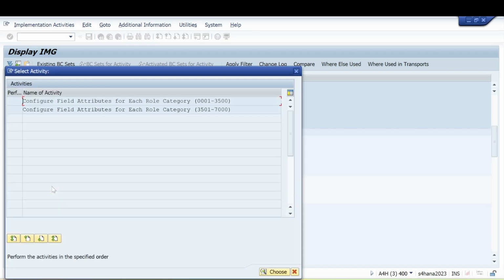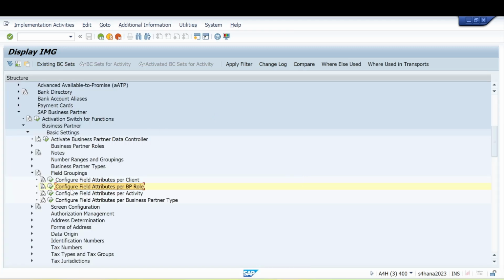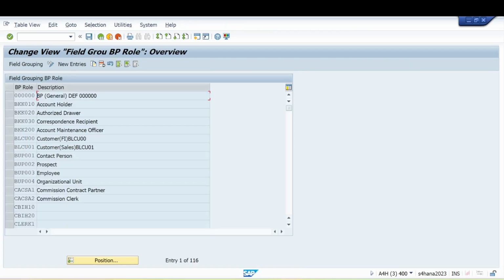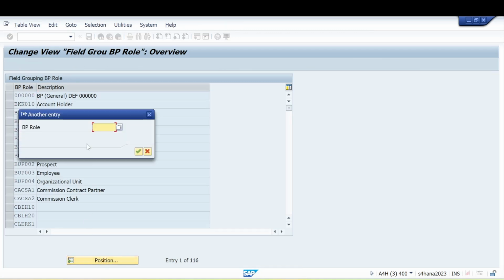And here, BP role FLVN, because we are facing that in FLVN00.